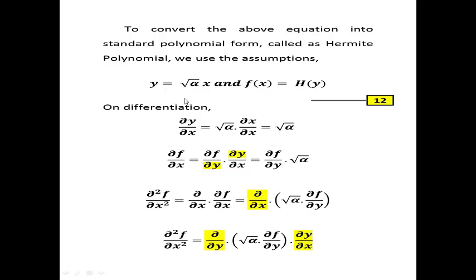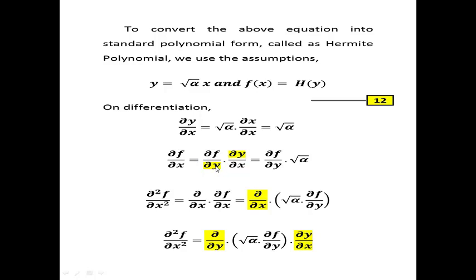Differentiating equation number 12, you just notice that if I go with dou y by dou x, differentiating y equal to root of alpha x with respect to x, I get dou y by dou x equal to root of alpha, since it is a constant. Whereas if I go with differentiation of f of x, you notice that there is no term on the right side with x. So I simply rewrite this equation as dou f by dou x is equal to